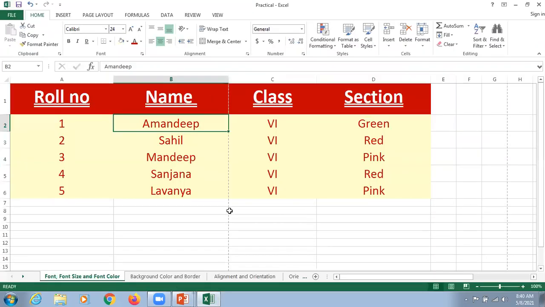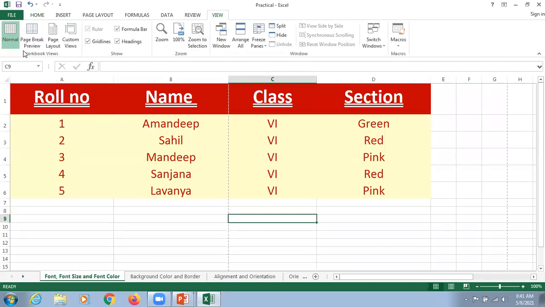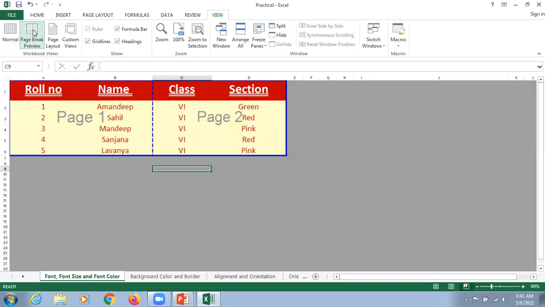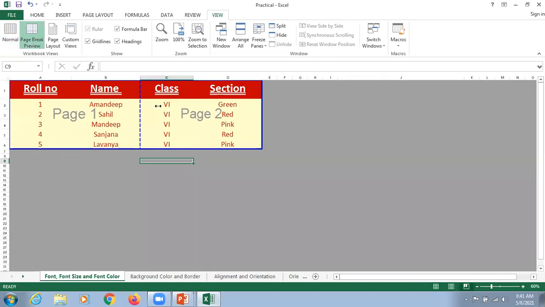This dotted line, if you are able to view that, is appearing here. So we click on View, and this is the option, the page break preview. I'm just going to click here. This is very important for your parents as well, if they want to learn how to do things in Excel.